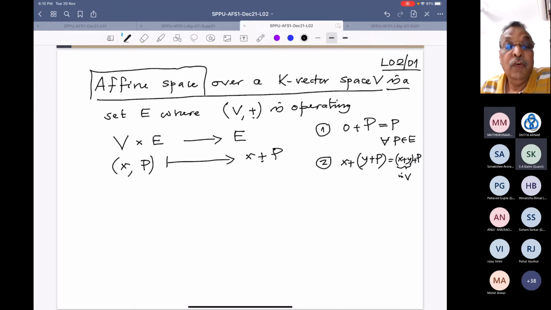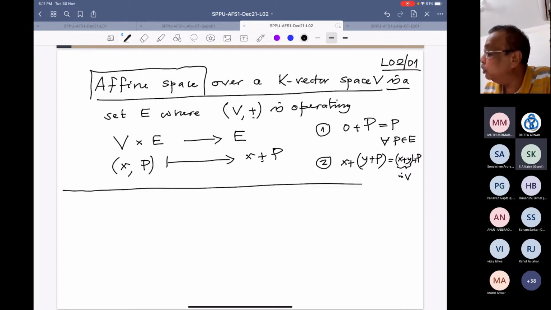For example, if you would have studied systems of linear equations, the solution space of this system of linear equations is not a subspace, but it is an affine subspace. All right, so more on this we will elaborate maybe in tutorial or after some time when we have enough vocabulary with us. Right now we don't have enough vocabulary.